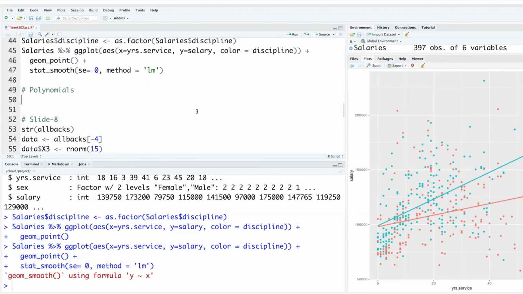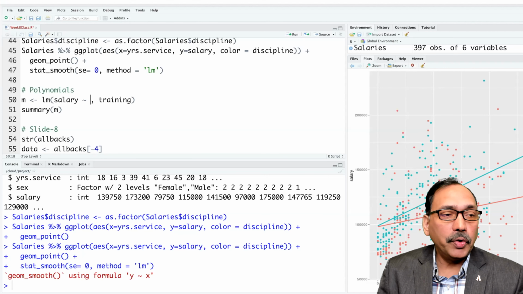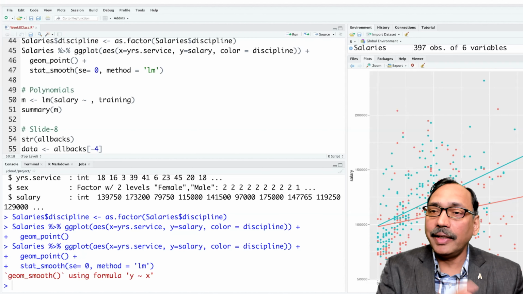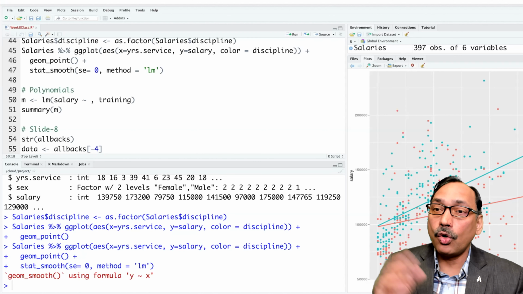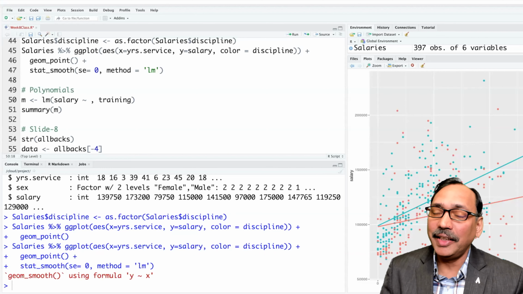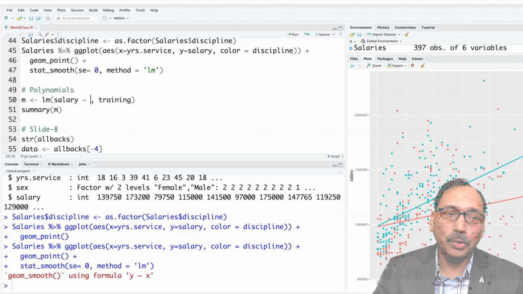and paste it here. Now for the time being, let's say we want to forget about all other variables. We just focus on years of service, and we want to make a model where salary equals B0 plus B1 years of service plus B2 years of service squared plus B3 years of service cubed, and so on.